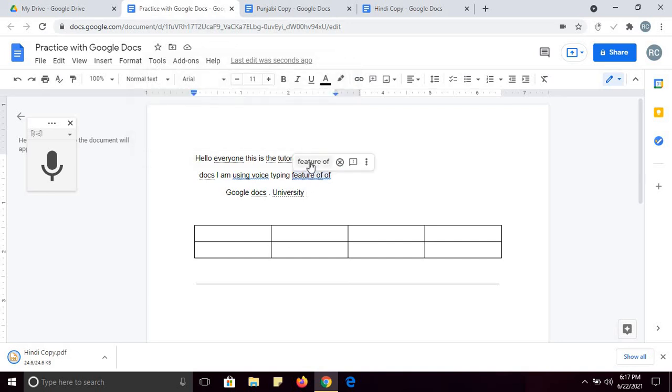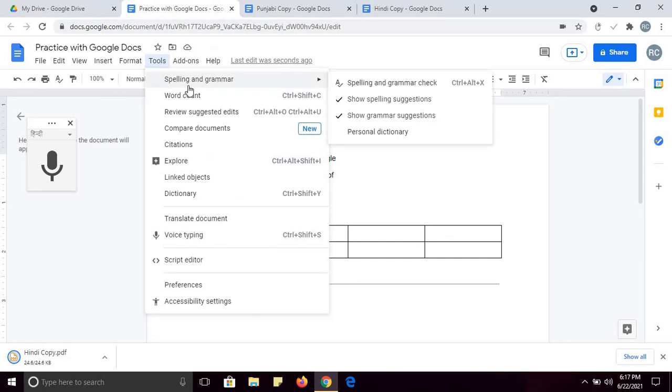And here you can see it also gives you suggestions. I am using the voice. Hello everyone. See, this is giving me automatic suggestions to correct this document. Fine. So this is the spelling and grammar.